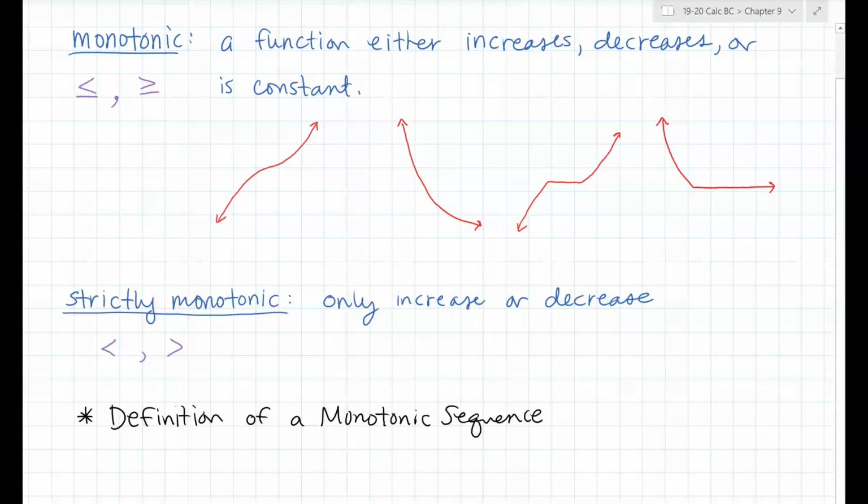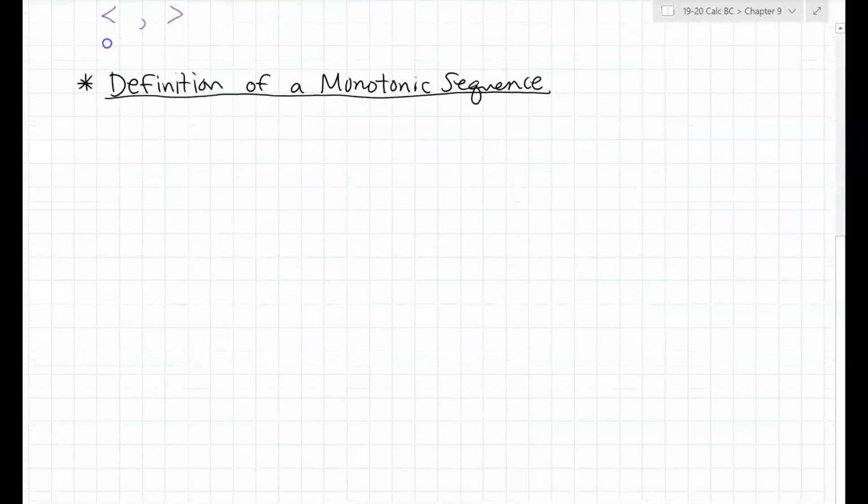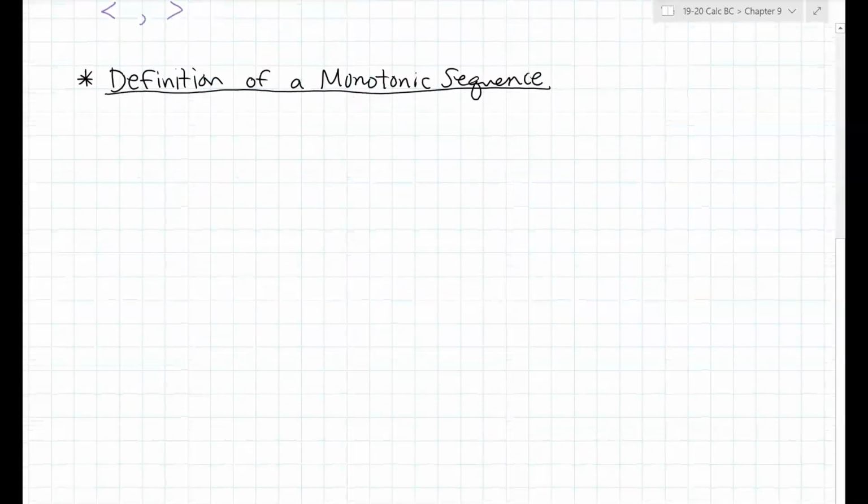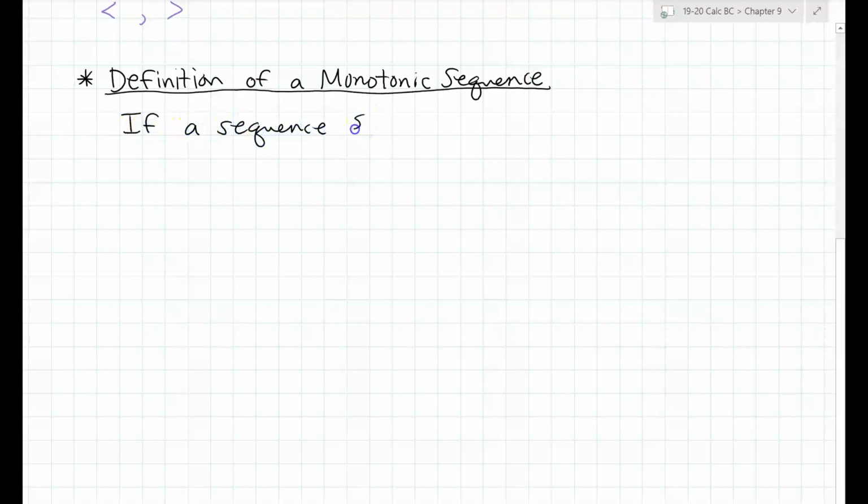All right, so we were at the definition of a monotonic sequence. Let me bring that up here. It says if a sequence a sub n is monotonic, then either